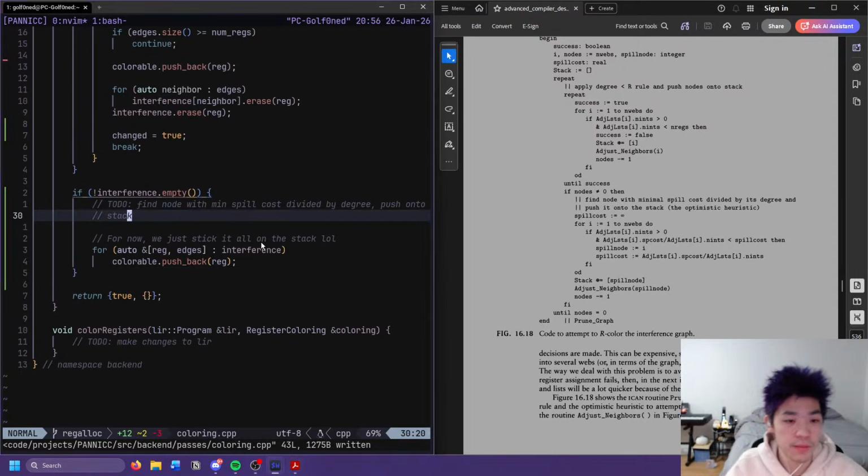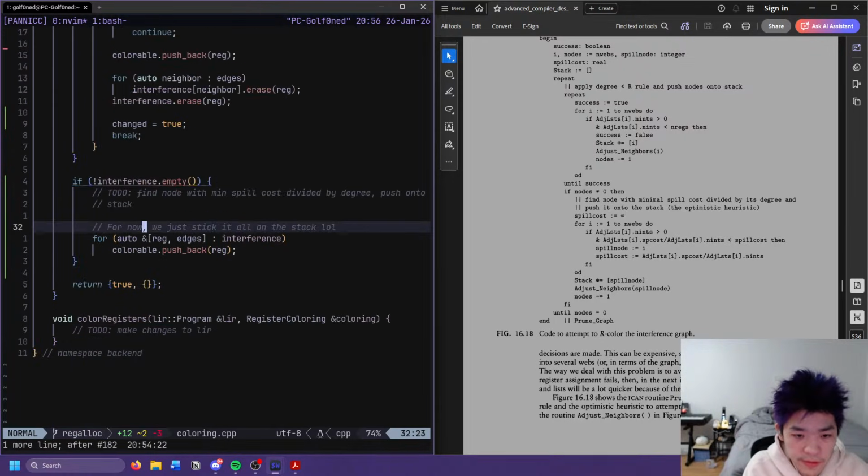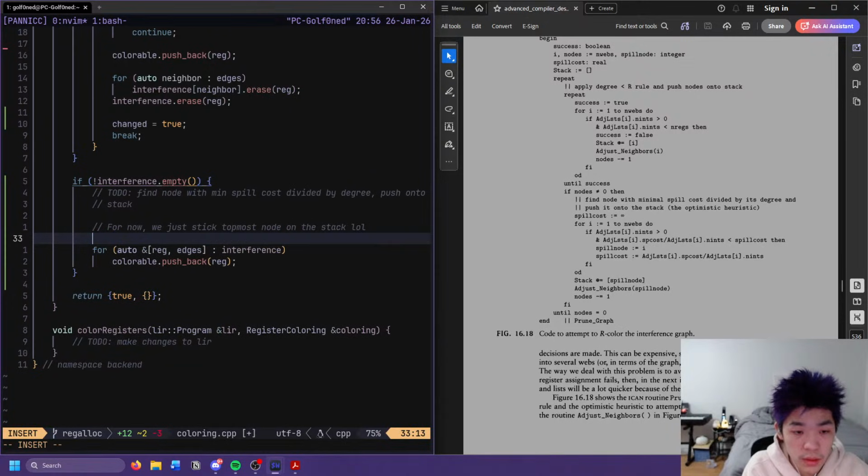I see. Okay. So for now, we just stick. Let's change two words. Topmost node. Okay, so we could actually just do colorable push back.